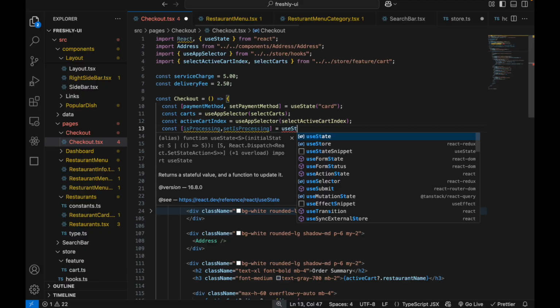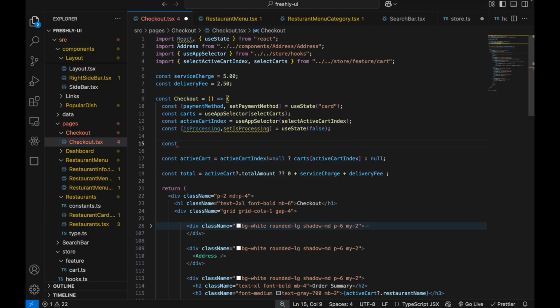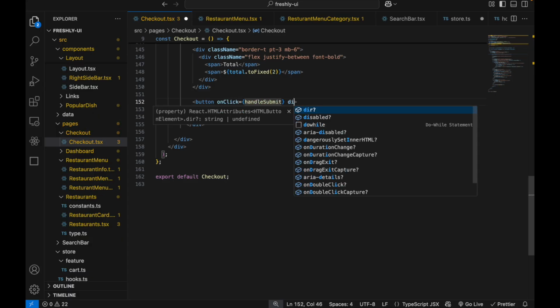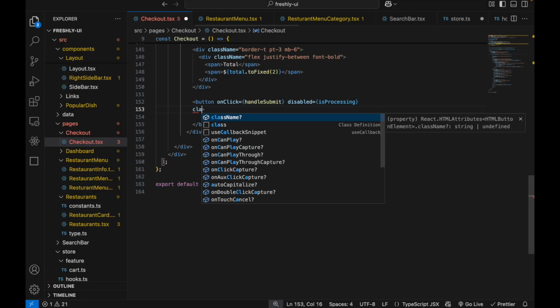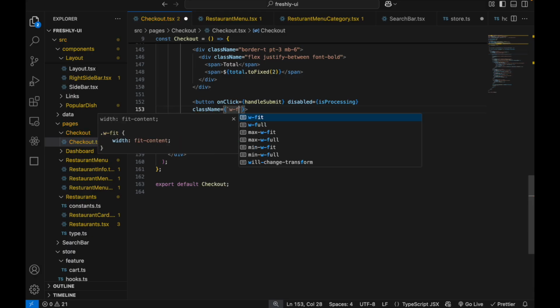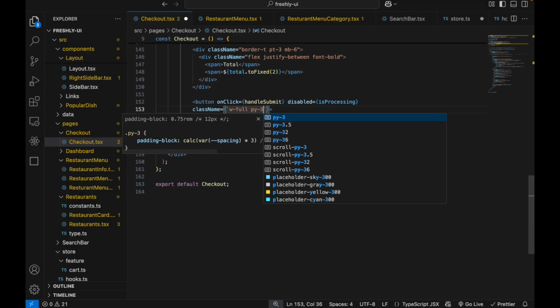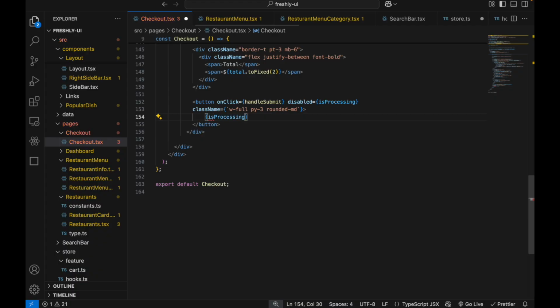useState false, and here const handleSubmit. Okay, so in this button, onClick handleSubmit, disabled is processing, and here we will give className with full padding, py, rounded. Here we display is processing,